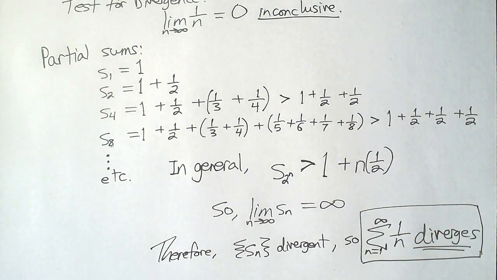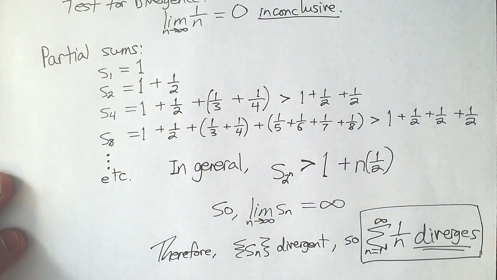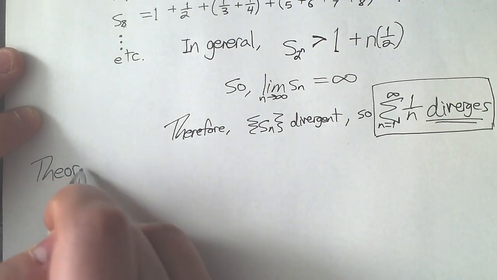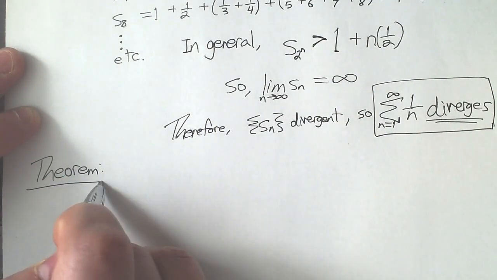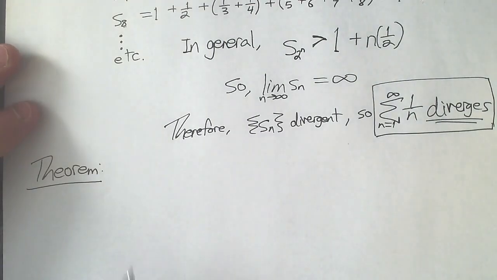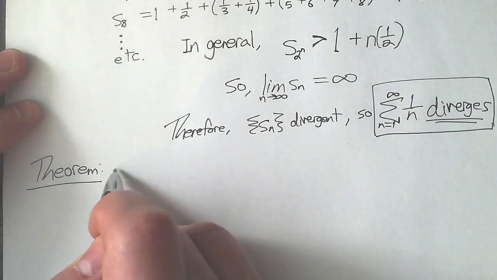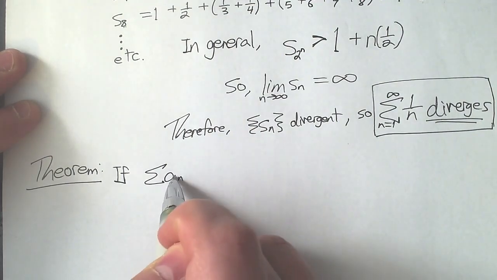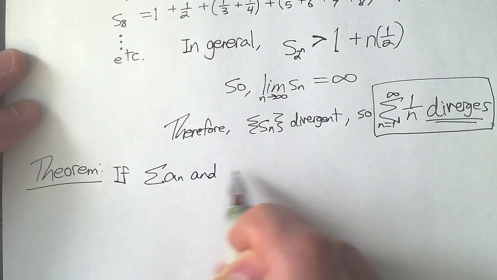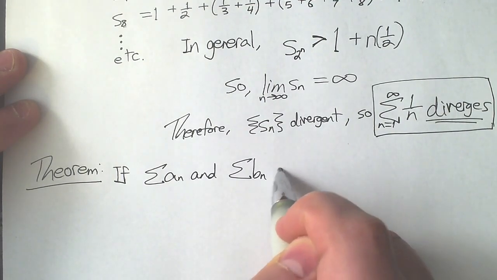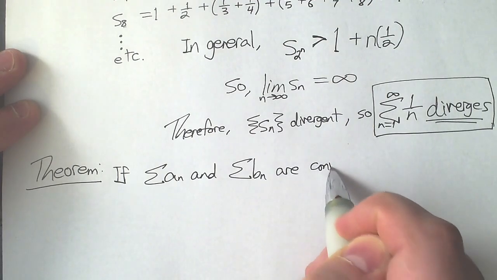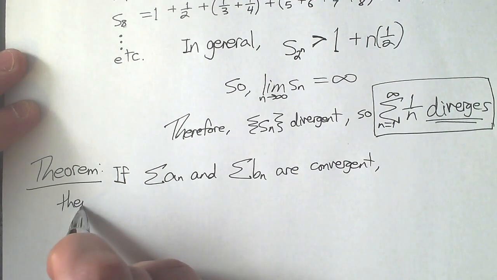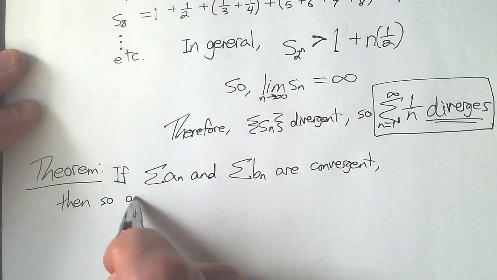All right, now I have some more rules to show you. Got a theorem here. All right, we have a theorem that says if a series AN and a series BN are convergent, then so are